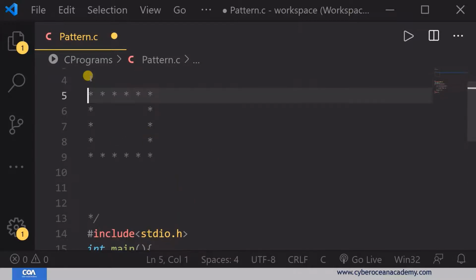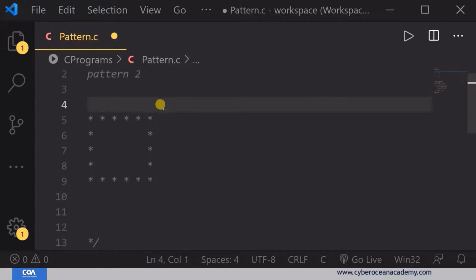Now the thing is, how can you approach any pattern problem? First, just focus on how many rows and how many columns there are, and after that think about what value will be printed inside that pattern, and also see the relation.